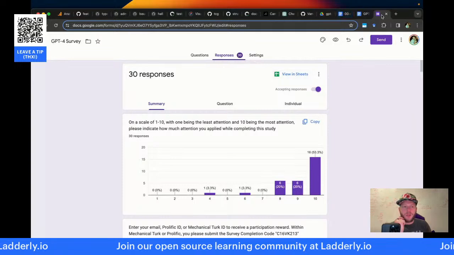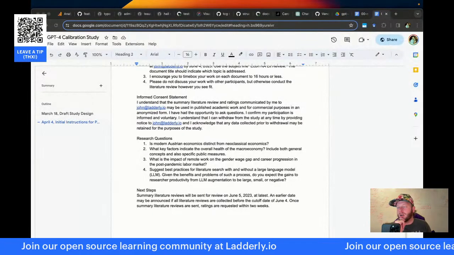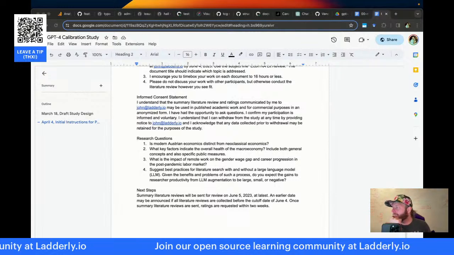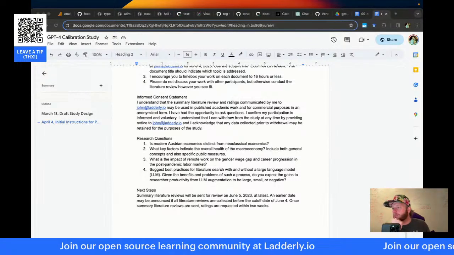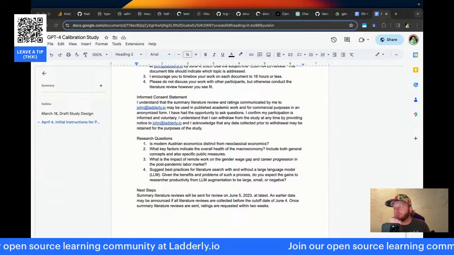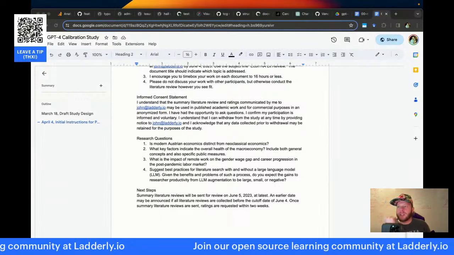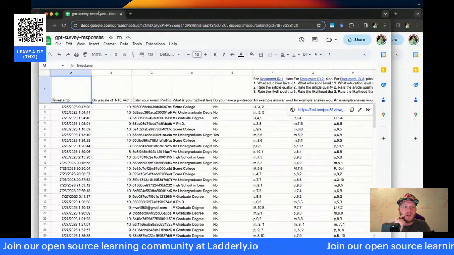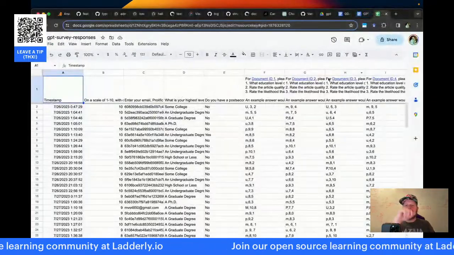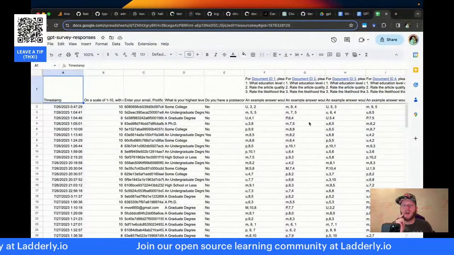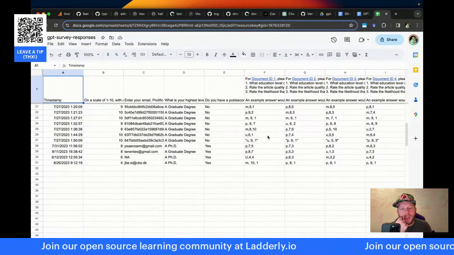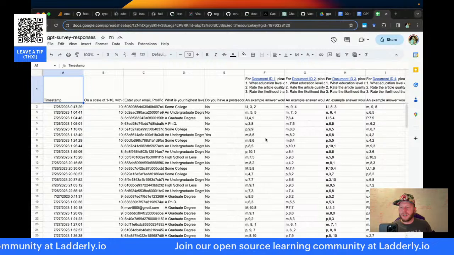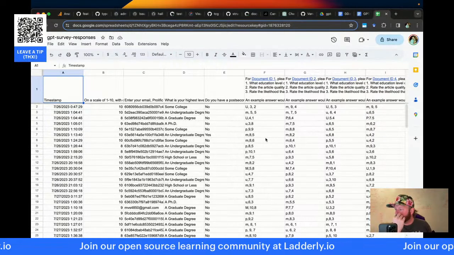So I don't think there's any, let me again open it up off screen and then bring it on. I don't think there's any PII over here. So there's a timestamp when they filled it out. Great. Yeah, it's basically already obfuscated. It's already ambiguated. And okay, cool. So here's the data, yo. Here's the initial data.